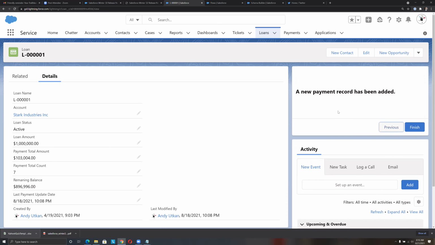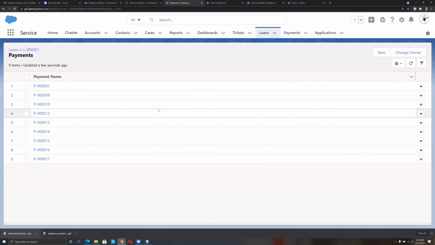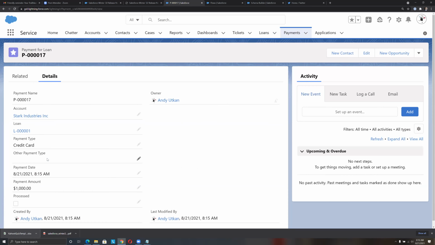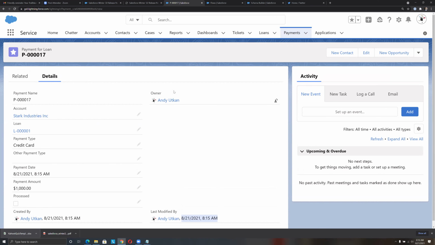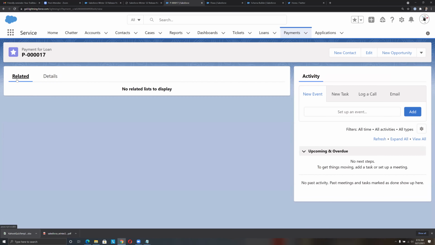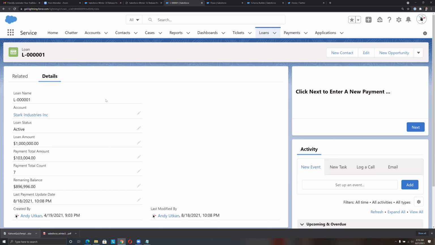the flow is going to tell me a new payment record has been created. So I can go to my related lists and see all the payment records and see as well that I have created one today with my Eastern Daylight Time at 8:15 a.m. for $1,000, right? This is just a simple screen flow that I can use to enter a payment record. So how did I do that? To see that, let me just go back to my loan record